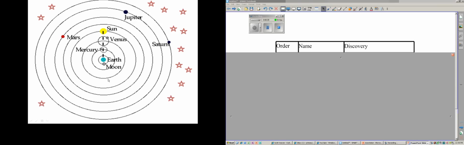So we begin with the geocentric model, and you can see that the Earth is in the center, and the Sun and all the planets are going around the Earth. It's easy to draw to this conclusion, as many people would look up at the night sky and they would see it move across the night sky.